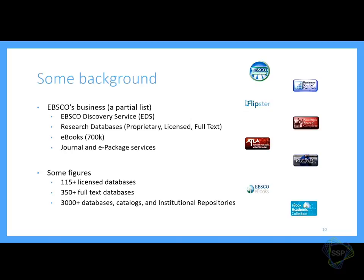content right there in the database so it doesn't go out to somewhere else. Users can find it in there. And also the ebooks, they are visible in the same platform. So you can search your whole collection, go to journal articles, go to your ebooks, all there in the same platform. And we have over 300,000 databases, catalogs, and institutional repositories. We also do thousands of updates every day. I'm involved in a sliver of that,